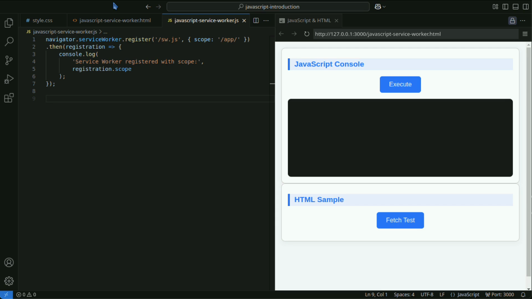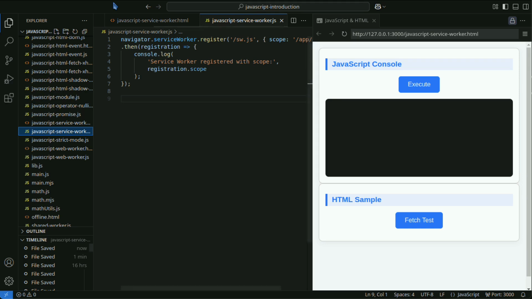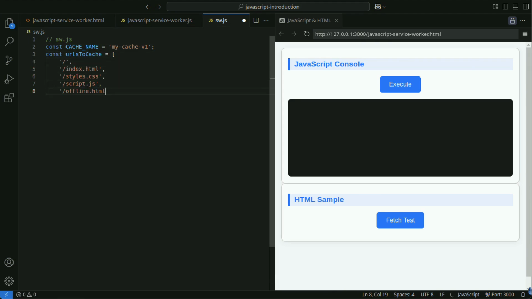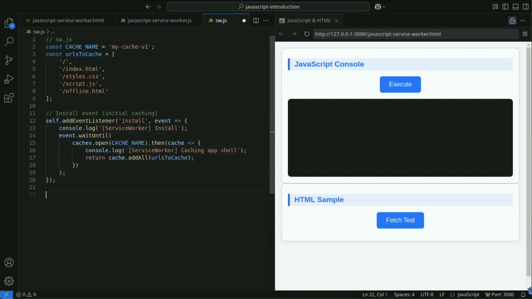Next, create a file named sw.js and implement the basic events. This code defines a list of resources to be cached. self.addEventListener install is triggered when the Service Worker is registered for the first time.